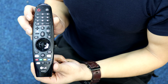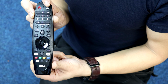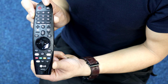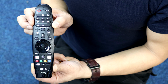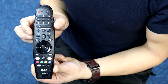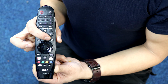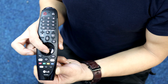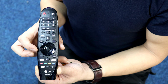Right, close up of the magic remote. On and off at the top. That's for the set-top box. If you set it up to be a universal remote, that will power down or power up the set-top box using channel numbers, channel list, audio description or subtitles and whatever, mute, volume up and down, channels up and down, home button, that is the voice command button there, quick settings, you can also go on to all settings from there, back button, scrolly wheel with the cursors left, right, up, down, and then you can click in for OK,